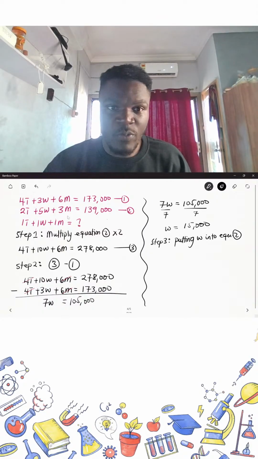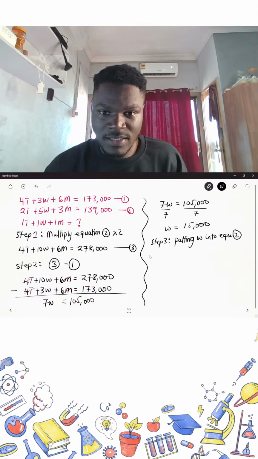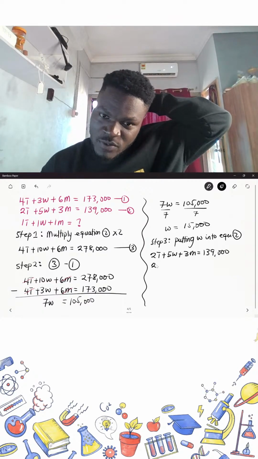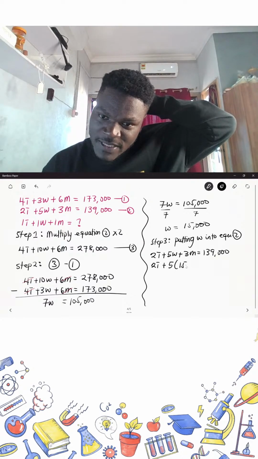Equation 2 is 2t plus 5w plus 3m is equal to 139,000. If we put the value of w here, we'll have 2t plus 5 into bracket 15,000